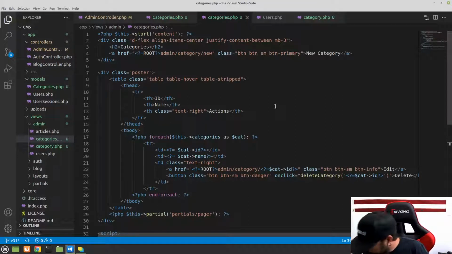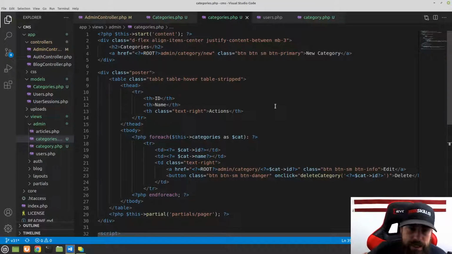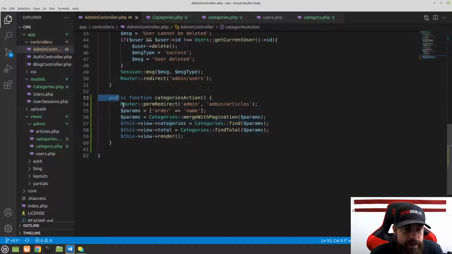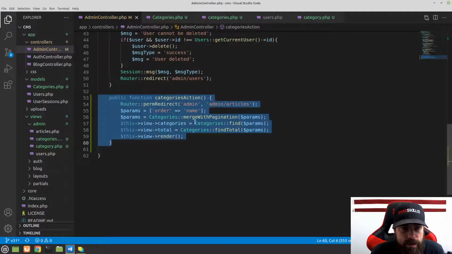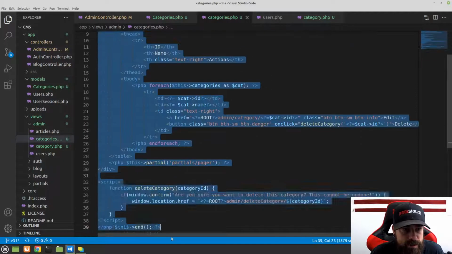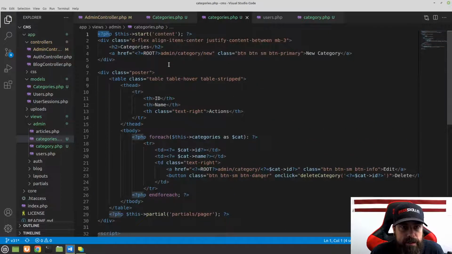So we talked about the create, read, update, delete. What we just did right here is the read of the CRUD operations. This reads our categories from our database, and this prints them to the screen with this view. Okay, so we've done the read. So let's go ahead now and take care of the